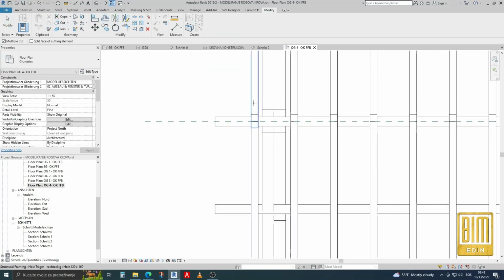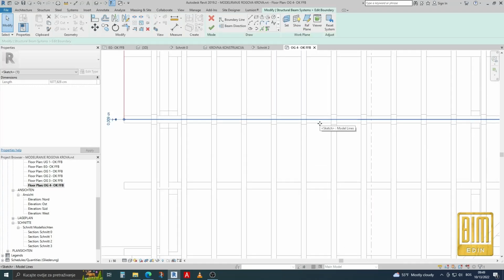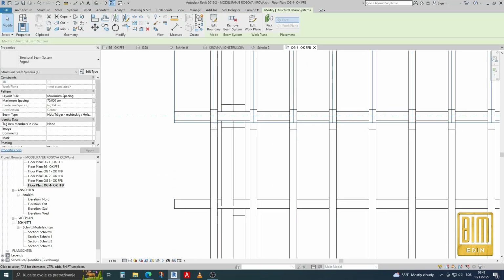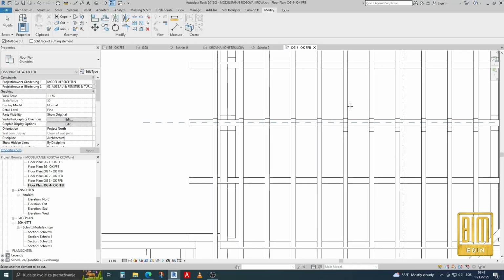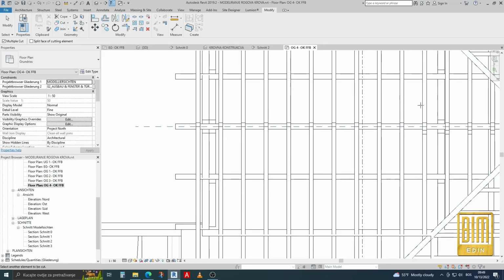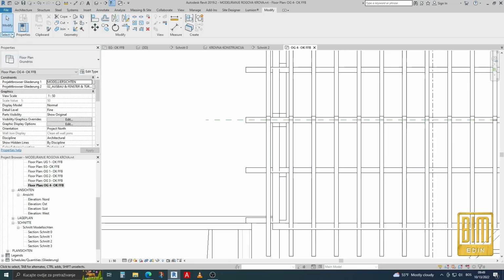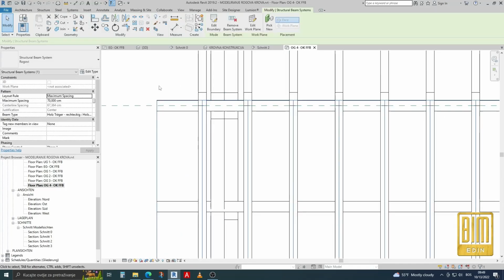Okay, here we have the same problem with the length of the rafter. Okay, I will change the surface of the beam system. I will do the same with the other side. Before that I will cut these rafters from this side here. Okay, as you can see, using multiply cutting you can cut more than one rafter. Alright,